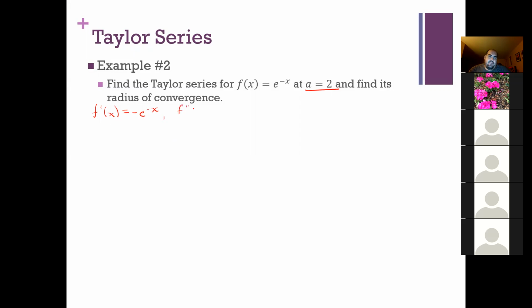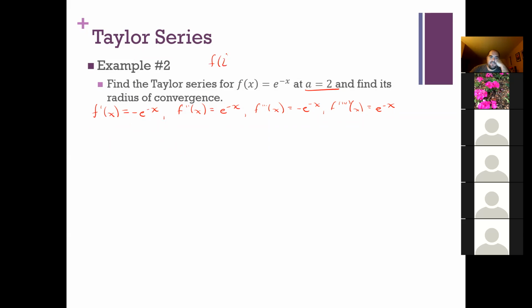How about the second derivative? E to the negative x. Right. So hopefully you see that that is going to just alternate back and forth indefinitely. So from there, I can start building up some derivatives. I have expressions for the derivatives at any x, but now what I need to do is